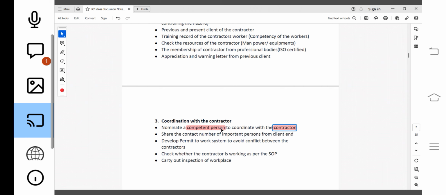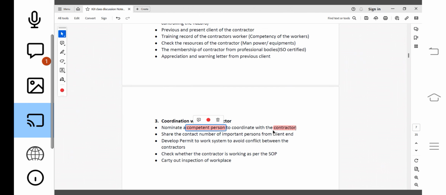There will be a consultant company taking care of the multiple contractors at the client location on behalf of the client. They are the contractor management consultant.